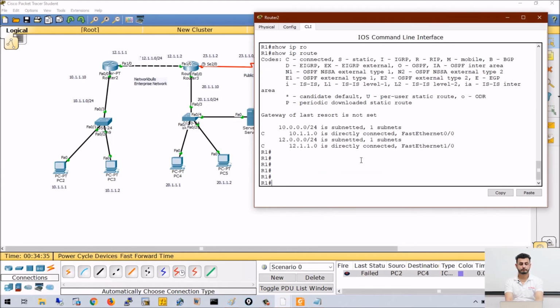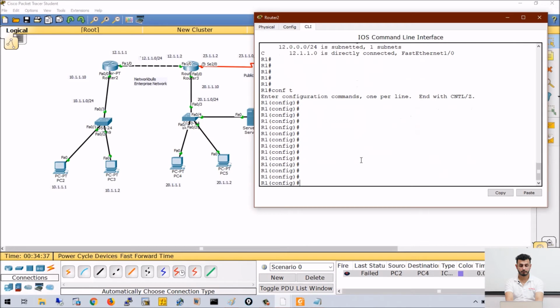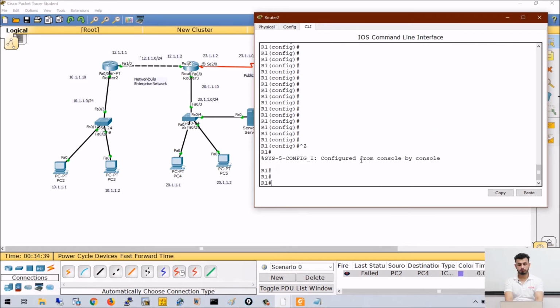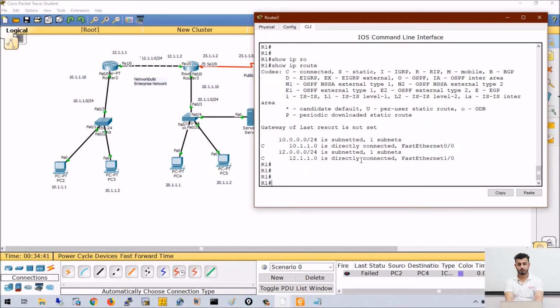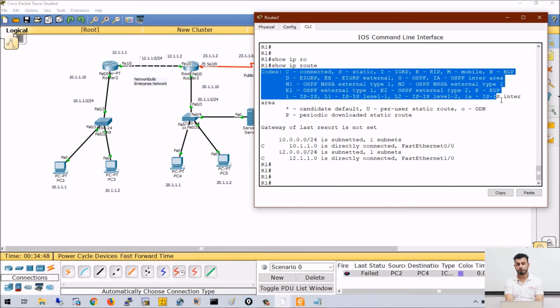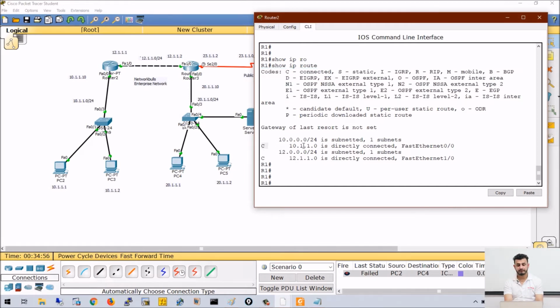Next, what is present in this routing table? First of all, the things you can see here are codes. Codes mean how this particular information is present in the table. I can see here the code C. C means these particular networks are directly connected to the router.